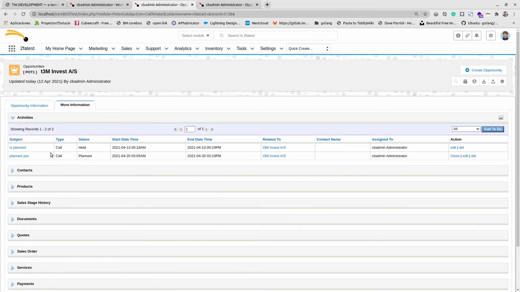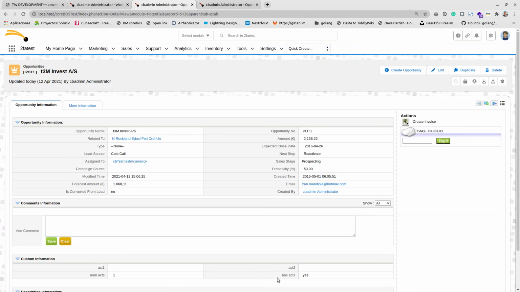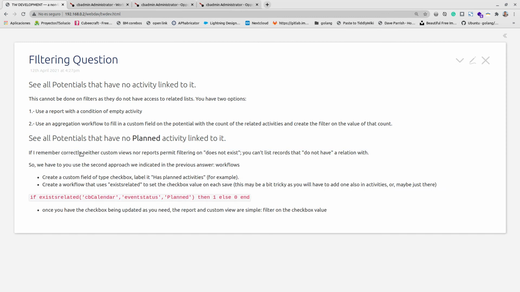Okay, two events, one is held, one isn't, and I have the has activity equals yes, so I can filter and report. Like I was saying, it's a little like jumping over some loops and doing some things, but it's not really that complicated once you have a clear idea of what you're trying to do. Anyway,